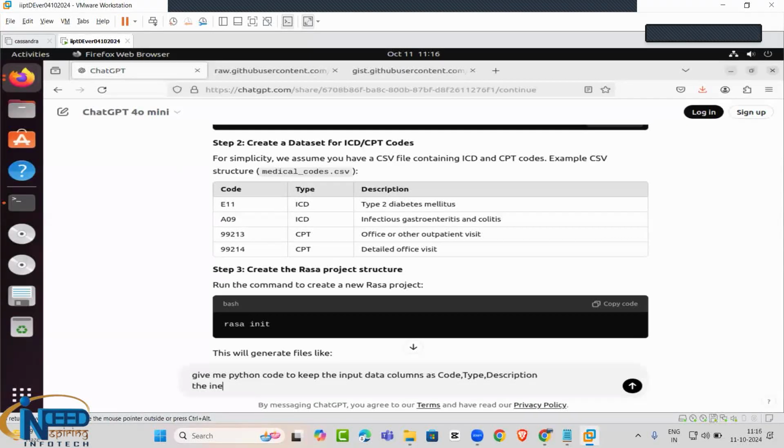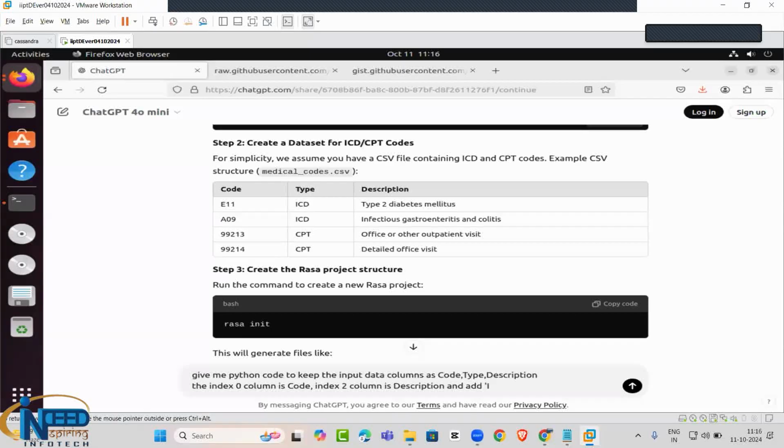The index 0 column is code, index 1 column is type, and index 2 column is description, and add